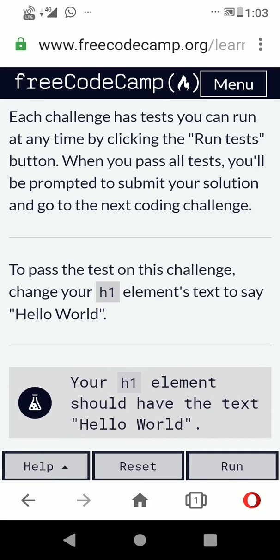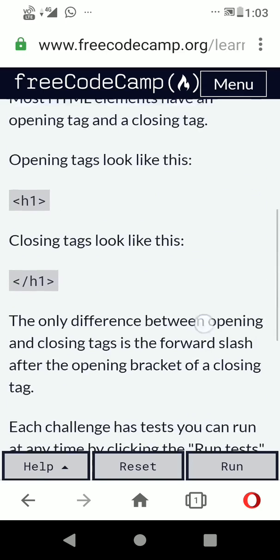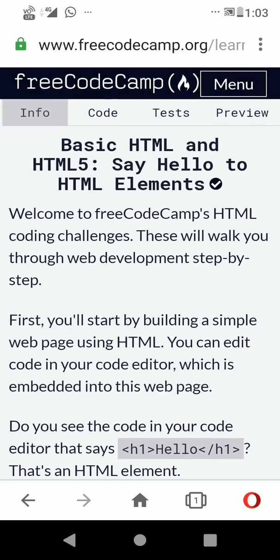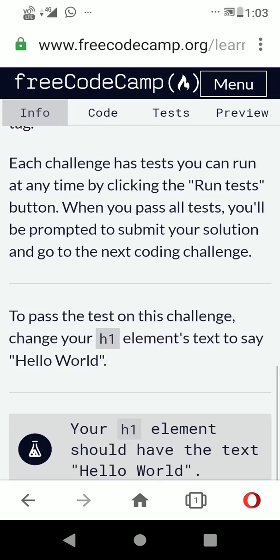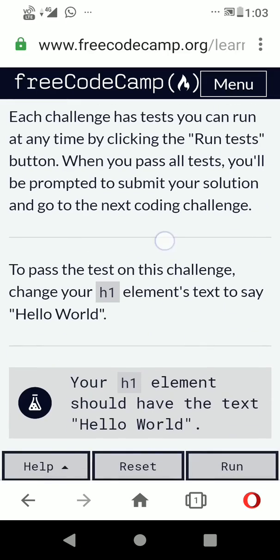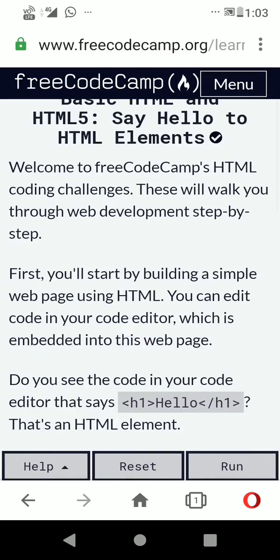They're telling you what to do with this challenge. So if you see here again at the very top, you saw these four tabs, info and code. At the bottom, it says your H1 element should have the text hello world. So now if you go to the code section,